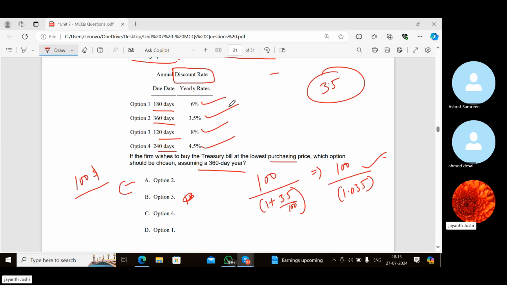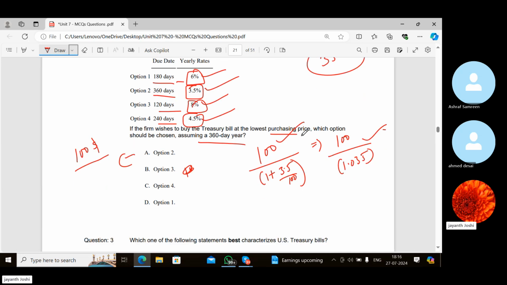See, while doing such a question, one thing you need to clearly check is what these are. Are these the coupon rates? I told you zero coupon bonds, I told you treasury bills are generally discounted bonds. So they are discounted bonds, which means the discount rate is given. So you have to discount the face value, the redemption value, what you're going to get in the future, with a discount factor. What are you getting? Please check. And second option, 100 divided by